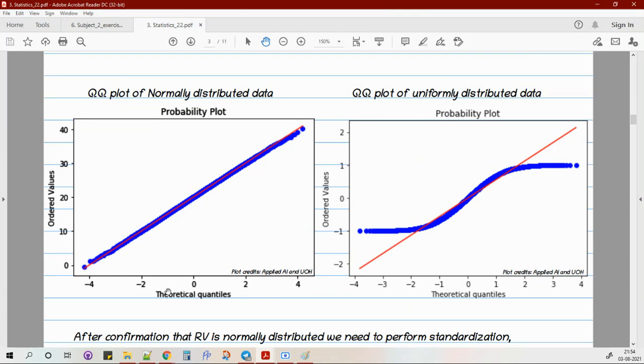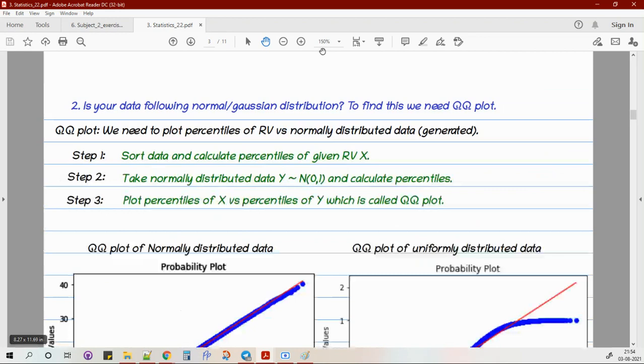Using the formula for value of x, I can generate a normal distribution. That's what we do in numpy, right? Numpy rand and random normal, right? So you can generate random data of normally distributed values. Now what I'll do, I will take again percentiles of this